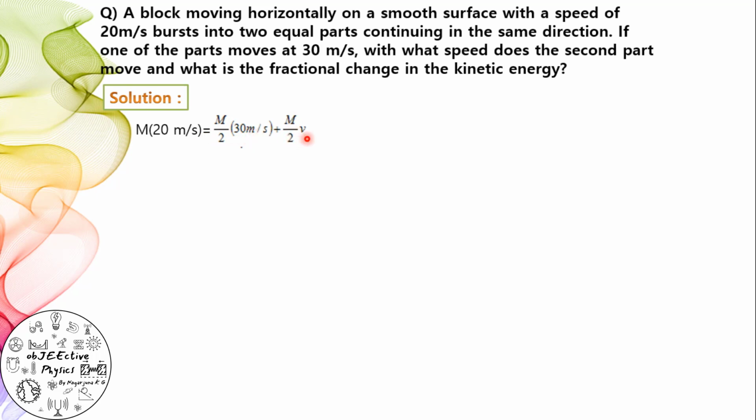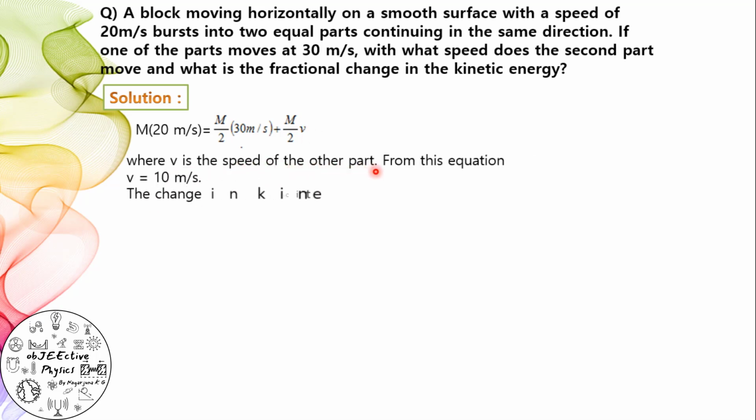plus capital M by 2 into V, where first half speed is given in the question as 30 meters per second, and we need to find out the second half velocity, where v is the speed of the second part or other part. From this equation, we will get v is equal to 10 meters per second, that is second part velocity. Therefore, the change in kinetic energy is nothing but